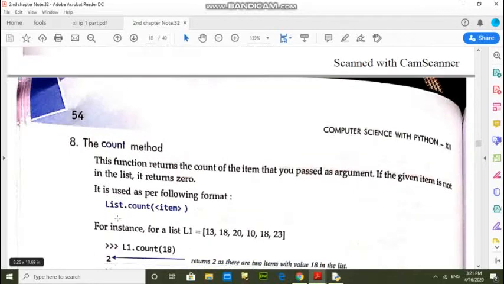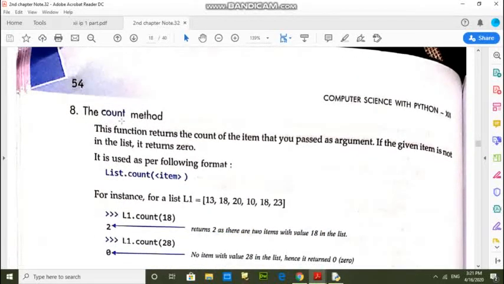And the next method is the count method. This count method is used to find the occurrence of a particular element. For example, L1 equals this list, and here I am going to find how many times the element 18 is occurring in the list.